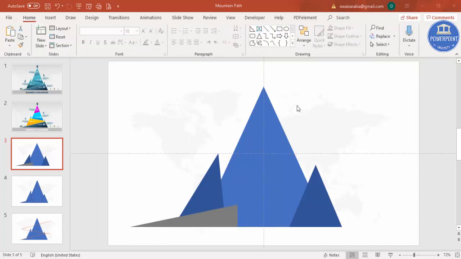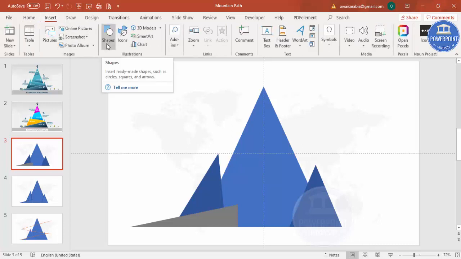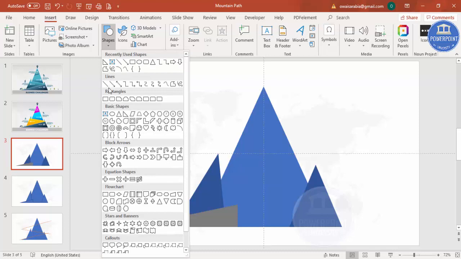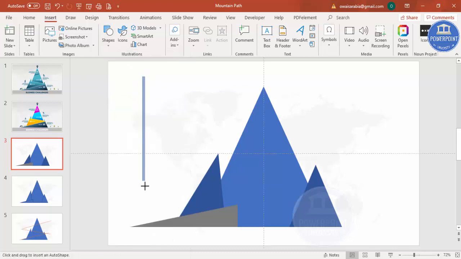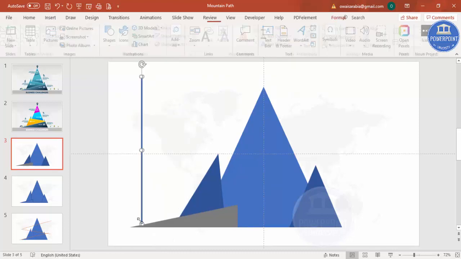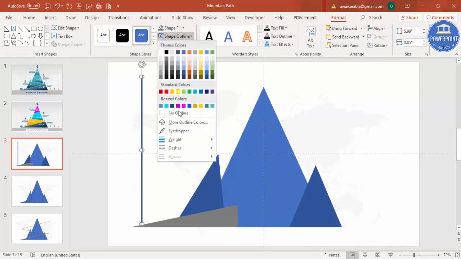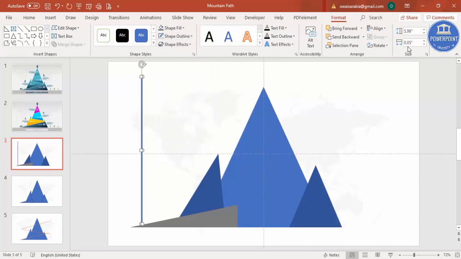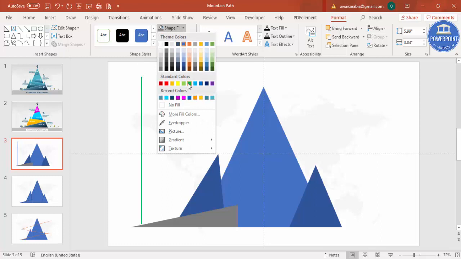The next thing is to group this or merge or make it union. Before that one, I just need to add a few more shapes to make sure that our triangles are perfect shape. For that, go to shapes, select a rectangle, draw a small rectangle, maybe this much size. Shape outline, make it no outline, and the width you can make it as 0.03 or 0.4. You can see here, and let me just give some different color to identify it,